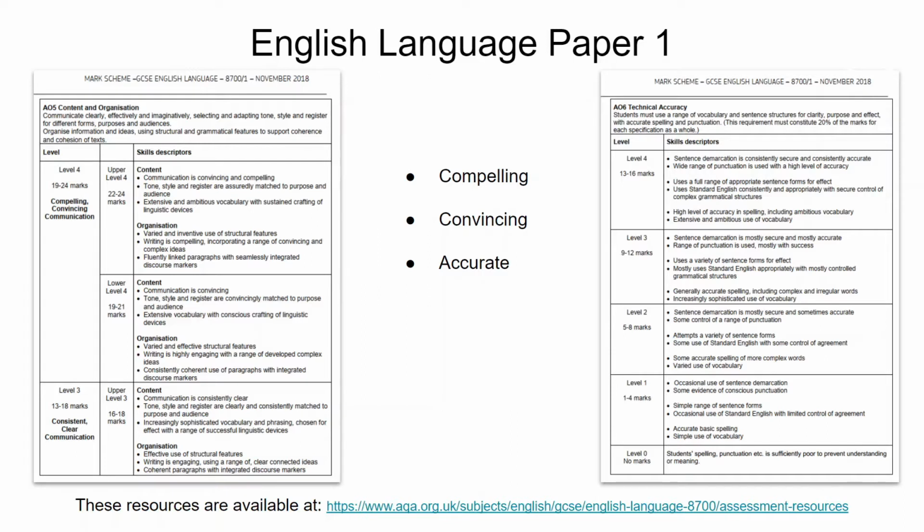The key words used in the mark scheme are compelling, convincing communication. Of these points, extensive and ambitious vocabulary is arguably the most important aspect in meeting these criteria. With these, the other points will occur automatically. But how can you develop an extensive vocabulary? Well, the best way by far is through reading, and unfortunately, especially the boring books you are forced to read